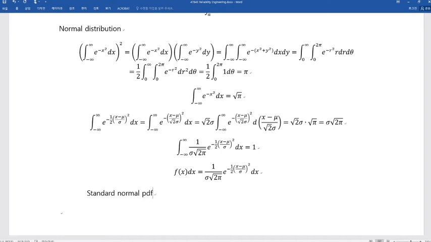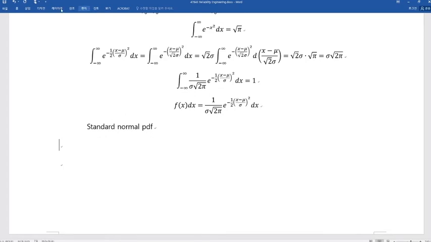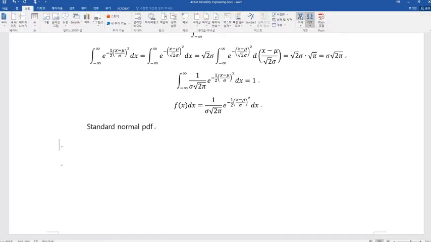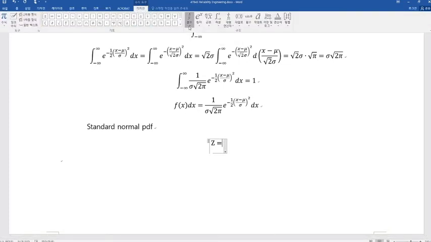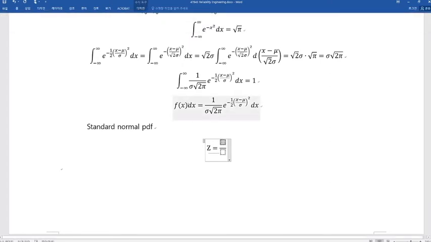The standard normal distribution is usually denoted as capital G. So if we use x, then x minus mu. So I'm going to take this part, and x indicates the random variable,